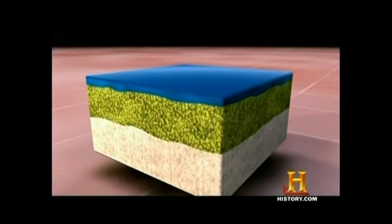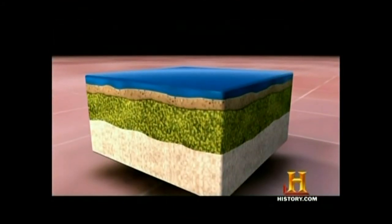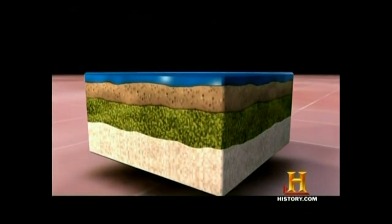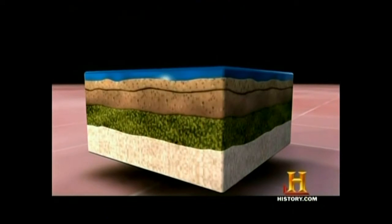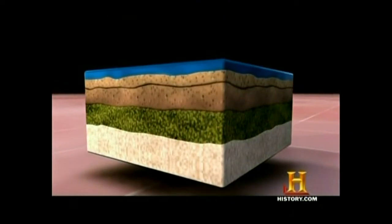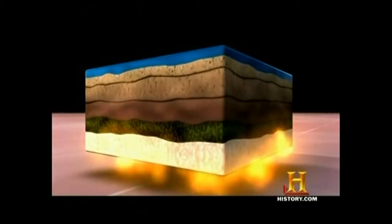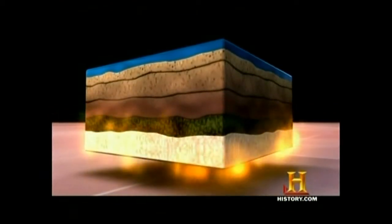Between 50 and 250 million years ago, North Dakota and this region was a huge inland sea. There was a tremendous amount of vegetation that grew up from that. And over time, that vegetation grew and then died and got covered and compressed. Over millions of years, layers of sediment compacted the vegetation into peat. Eventually, the pressure, combined with heat rising from the Earth's mantle, broke down the peat into a black, carbon-rich substance